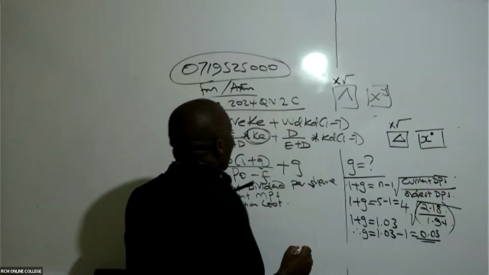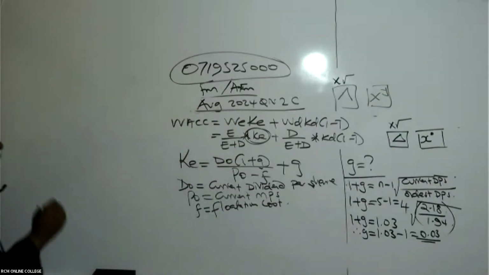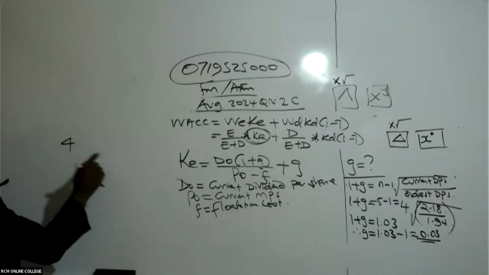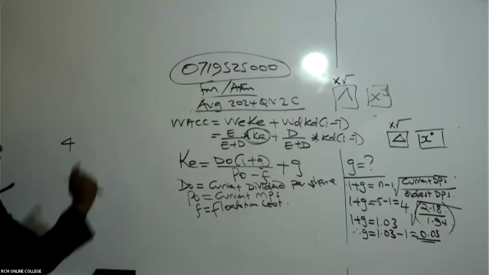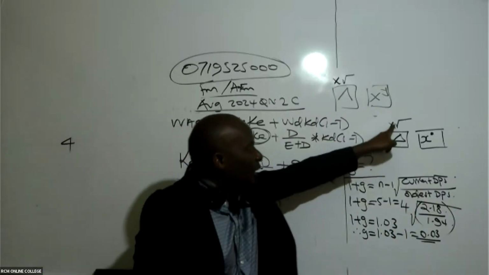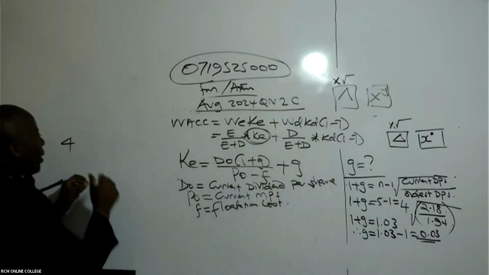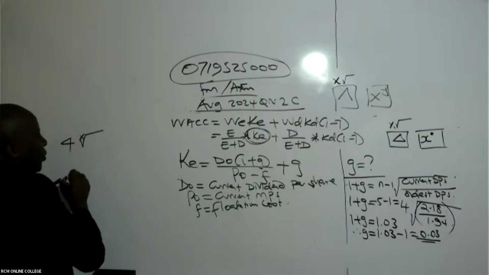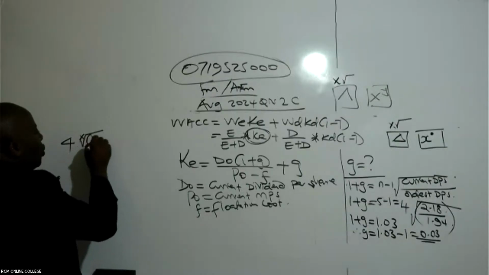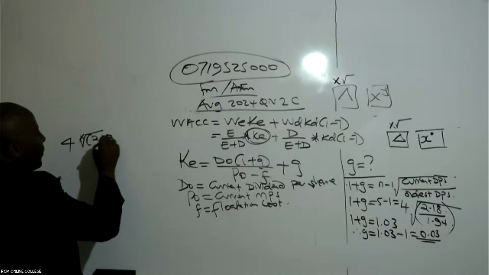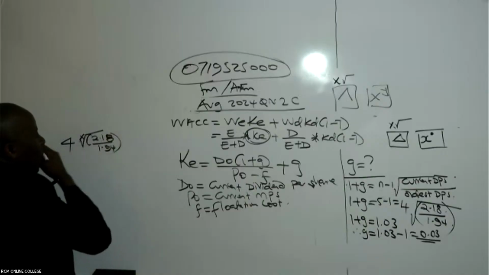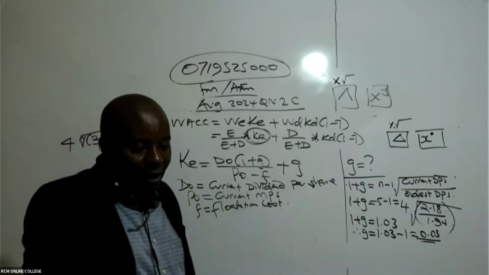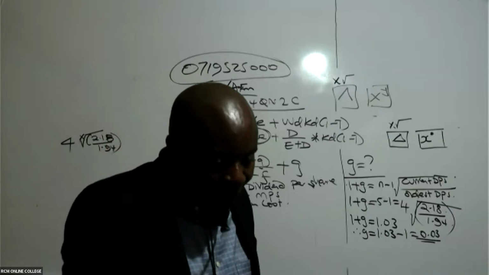So what I will do, I will come and press 4 first because I want the 4th root. And then I'll press the shift, shift raised to, so that I can now go to this second function. So when I say shift raised to, then I'll be able to see this x root. And then I'll punch there 2.18 divided by 1.94 like that. And then you say equals. Then we'll be able to see that answer of 1.03.